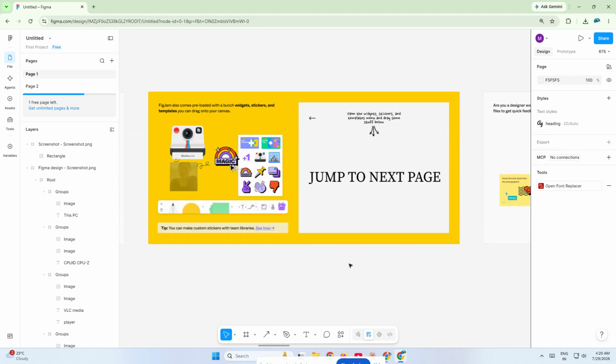First, look over to the left-hand Layers panel and find the page you want to link to. This is the destination page, meaning the page you want people to open when they click the link. Once you've found it, right-click on that page and choose Copy Link to Page. Figma will copy the page URL directly to your clipboard, so you don't need to manually search for it or